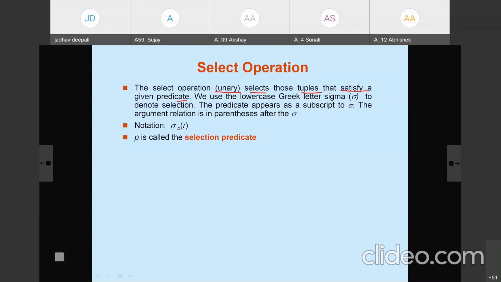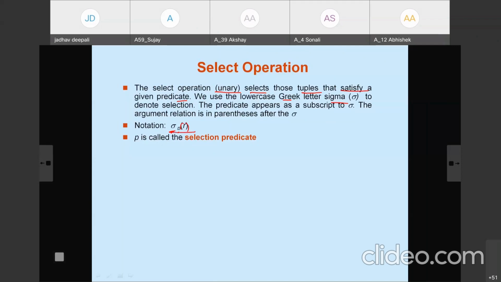For that, the lowercase Greek letter sigma is used to denote the selection. The predicate appears as a subscript to the sigma, and the argument relation is in parentheses after the sigma. This is the mathematical notation for the select operation.